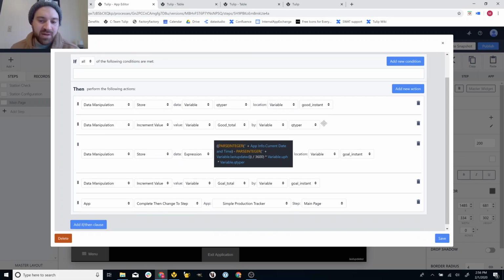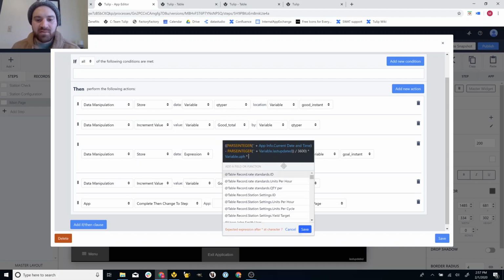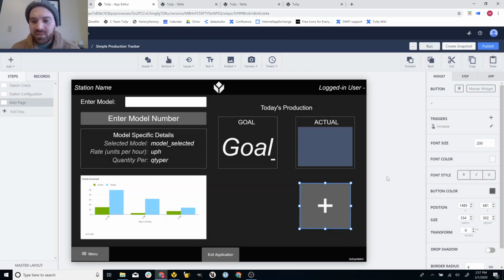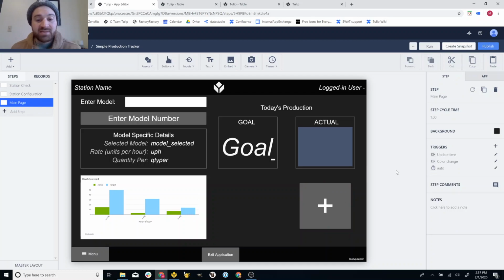And then when I press this button, I'm going to make a completion. During that time, there was some amount of a target that should have been created. So that target, I'm also going to increment here. It's going to be a fraction of a second's worth, but it's going to add up the way it should. So that's why I have the goal here. And actually, I'm going to delete this quantity per. Pretend you didn't see that. Okay, so that's the goal, and then I'm going to increment the goal. And then I'm going to go back to the main page again. So that's how that button works, and that's the entire application